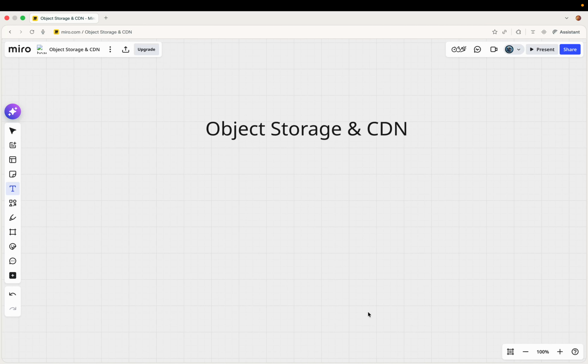Guys, today we'll discuss object storage and CDN. So what is object storage and what is CDN? So generally if we see